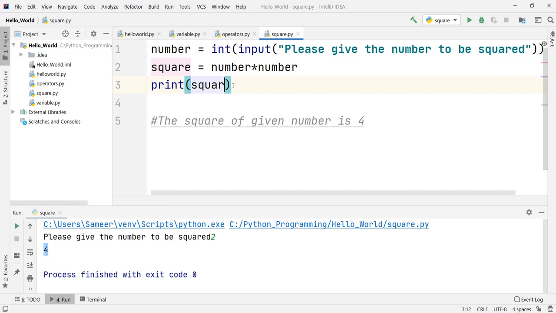In the print only, we want to have this line. Because it is a string, we'll have to put it inside the string. So I'll have to write "the square of given number is", and I wish to print this variable's value after that.